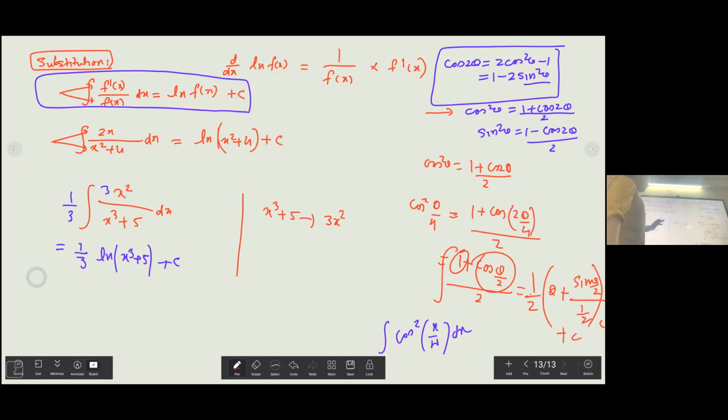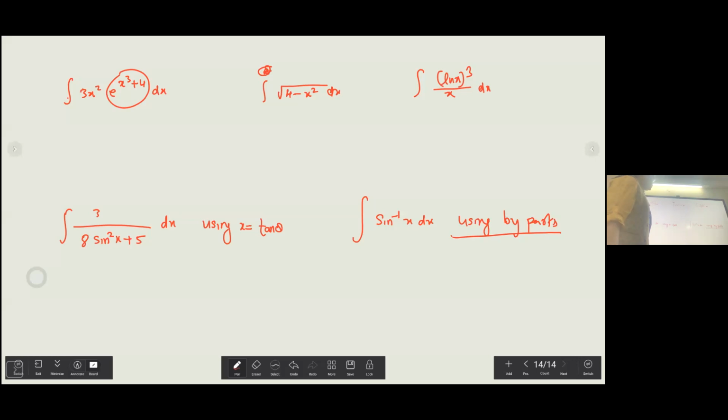These need to be kept in mind very carefully, and make sure that you know how to do these. For each and every question, I'm just explaining each and every question which we have, and it's like a summary of the entire integration. So put your focus here. If you're sleepy, wake up.